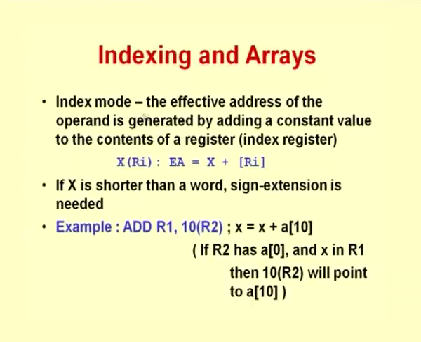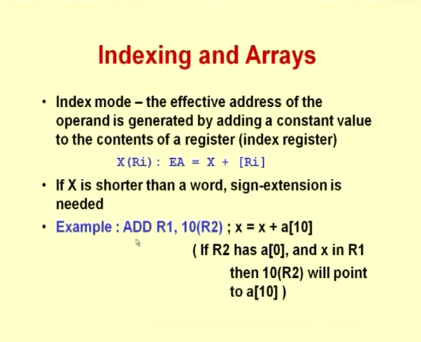If you look at the indexed addressing modes, you will find that index addressing modes are mainly used when we are dealing with arrays. Okay. We need to understand how indexing modes form a very good map with respect to handling arrays. So, remember what happens in the indexed addressing mode. We said that the effective address of the operand is generated by adding a constant value to the contents of a register. Okay. So, the effective address is calculated as x plus the contents of the register.